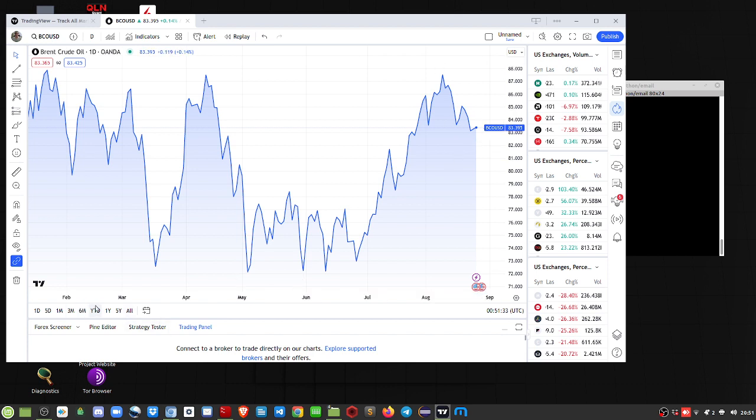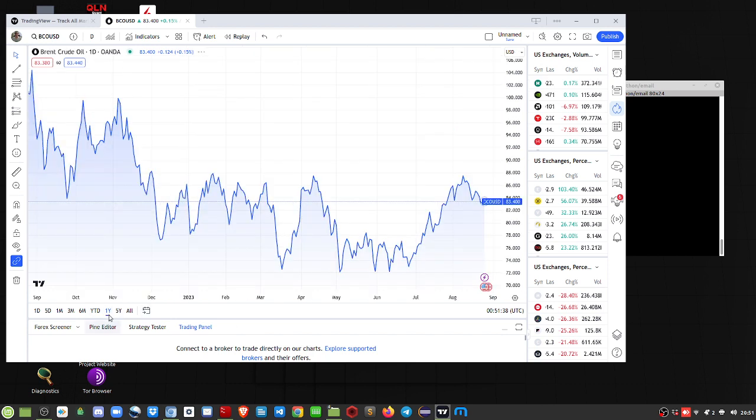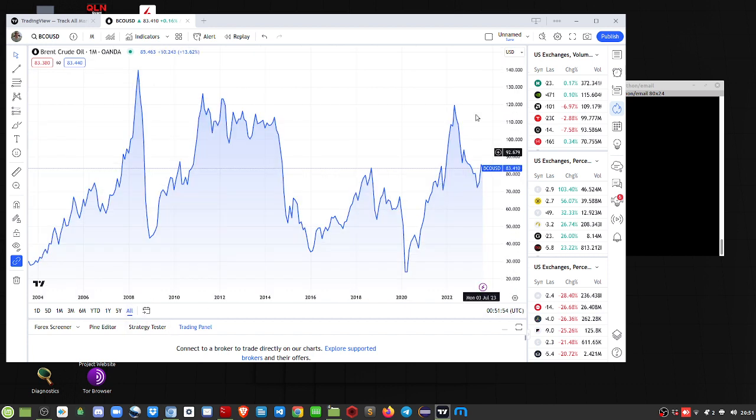So that's year to date, let's look at the 1 year. So not quite the high here, as you can see here in 2022. Oil's not what it was over the last couple of weeks. But when you look at the all, this is the interesting part,